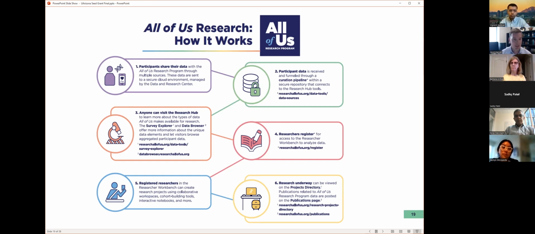It had some kinks in the beginning, but I think it's fairly streamlined now, and many of the kinks have been worked out. But I just want to reemphasize that you cannot download data off of the All of Us. It's prohibited in the user agreement. Now, you can upload data onto it. So if you want to do comparisons with NHANES data or gnomAD or whatever raw data you have, you can do that. And again, R and Python are exclusively the two programming languages that are used within that server. Next slide.